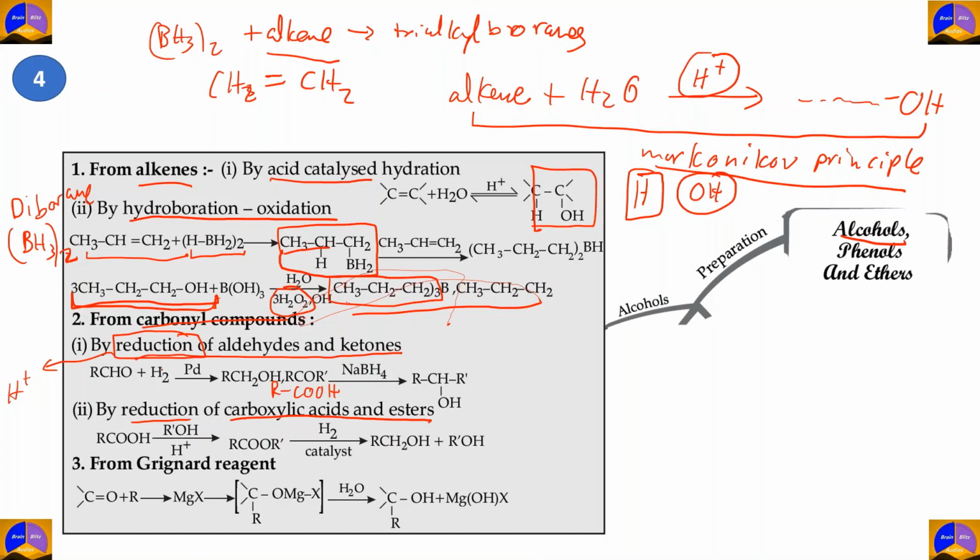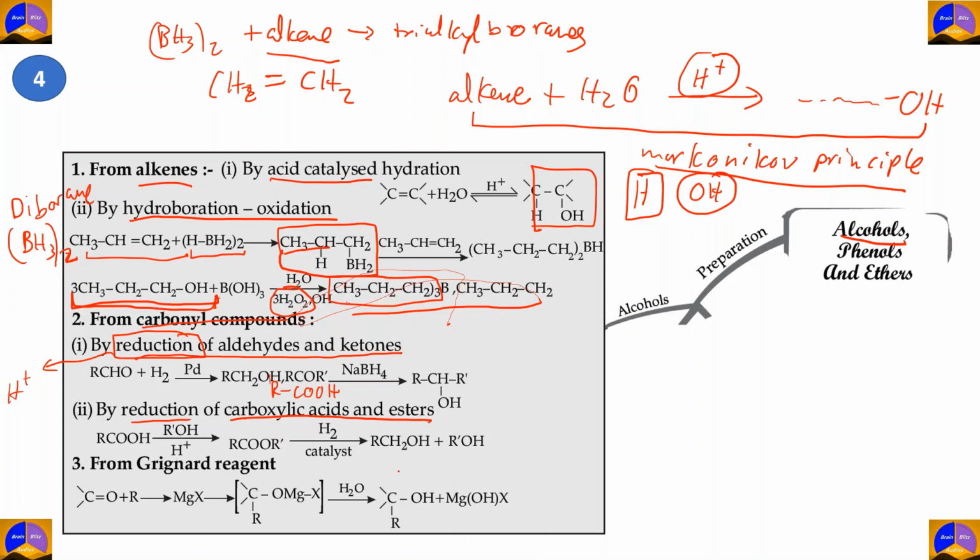So in aldehydes, reduction takes place in the presence of a catalyst such as palladium, and then they form an intermediate compound here, and then they form the alcohol. So this is for aldehydes. For ketones, they use NaBH4 and then they form the alcohol. In reduction of carboxylic acids, we use H+, so it's taking place in an acidic environment, and then they use hydrogen gas as another catalyst